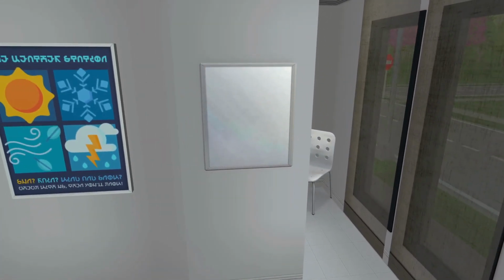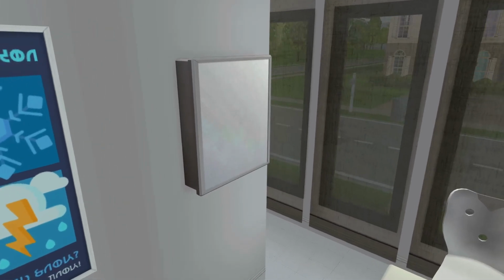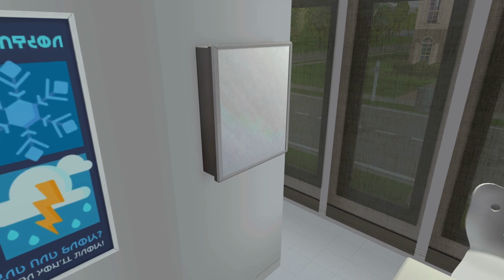Right here is another kiosk that I made. So this is where Sims can come and buy preventatives. They can buy birth control. They can buy cold remedies, medicine, sleeping pills, diet pills. We haven't had any of our Sims come here yet, but we will definitely be sending some of our Sims here soon. I expect in the winter when lots of Sims get sick, they will come here to buy medicine. And we make it a random occurrence scenario, which has them come here to buy diet pills or sleeping pills,